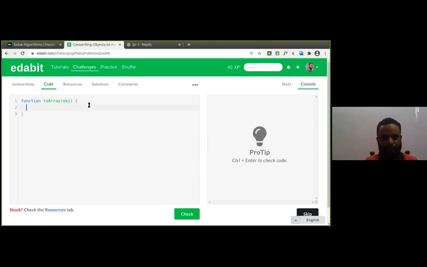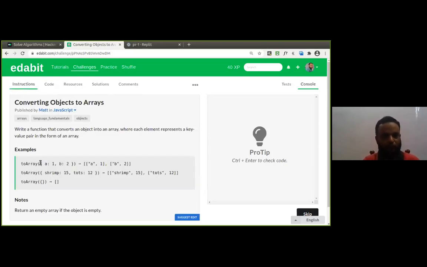Yeah, what is the problem here? Same thing. So you are given an object, isn't it? We have to process all the key values, isn't it?